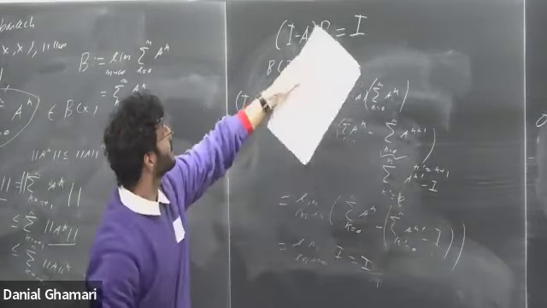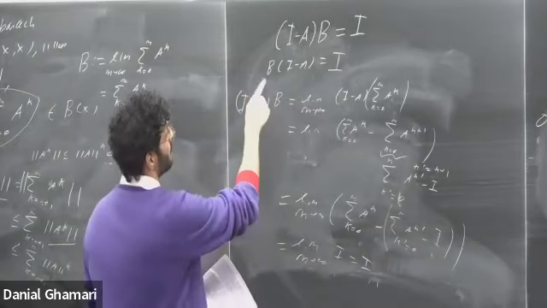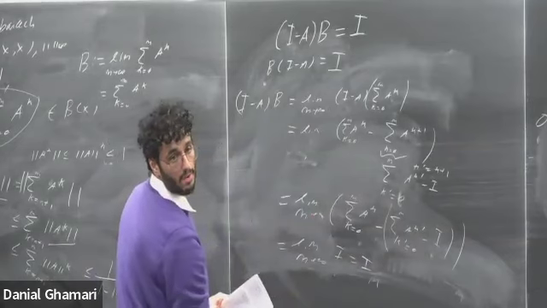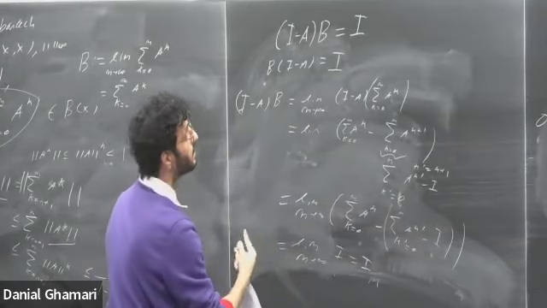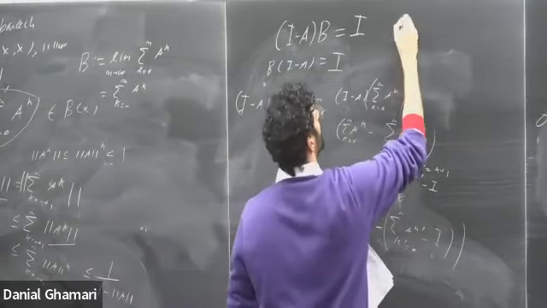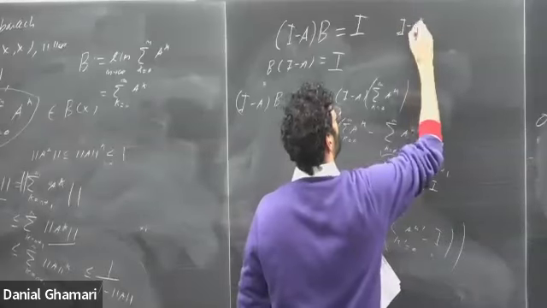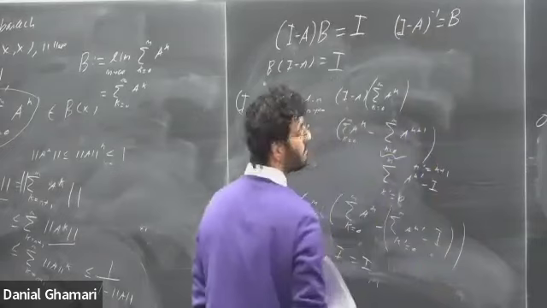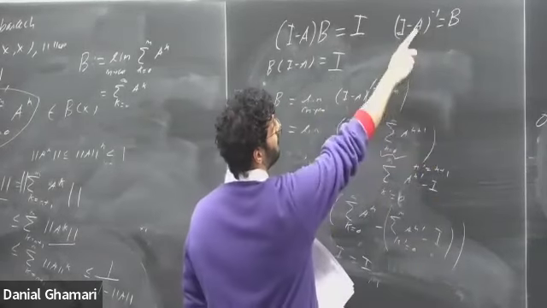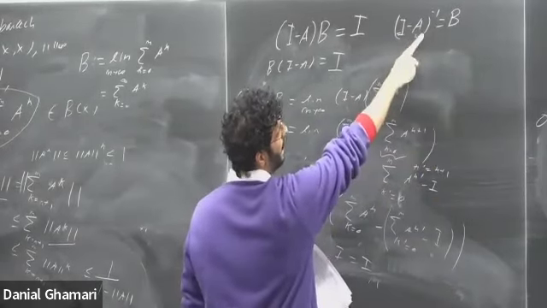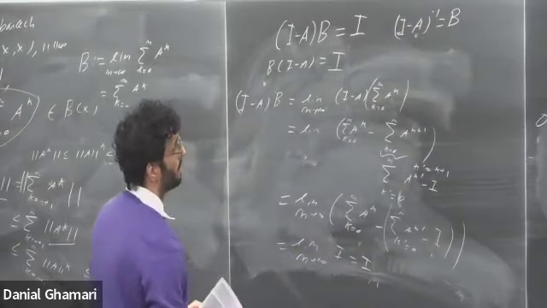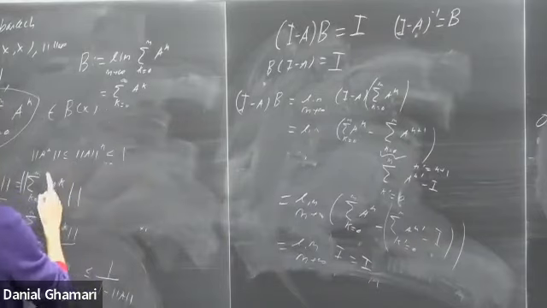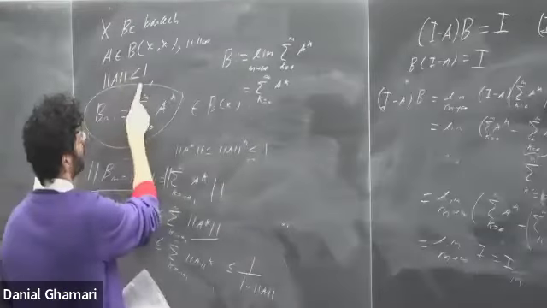So I've shown that B is a right inverse, but here we can see that if I apply it on the left, the sum just moves to the left side, and the result is still the same. So I've shown that it's both a right and left inverse. So what I've shown here is that I minus A inverse is equal to B. And the only restriction I had here is that A is a bounded operator and that the operator norm is less than 1.